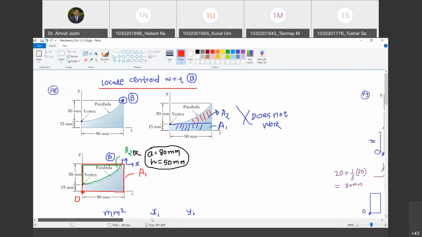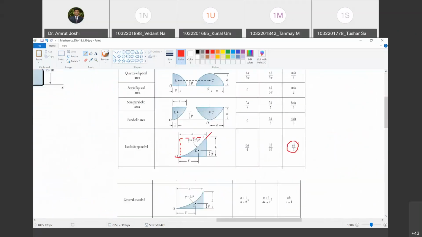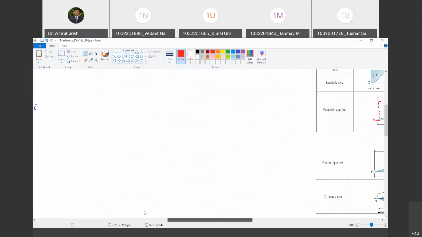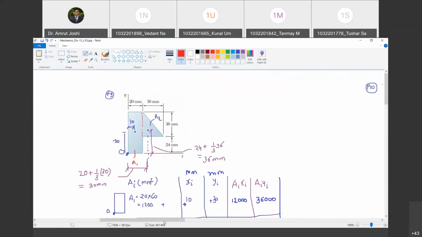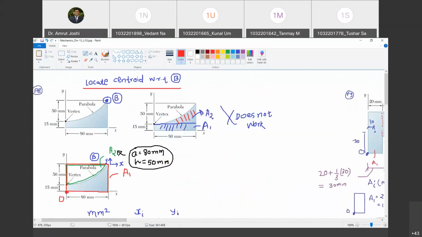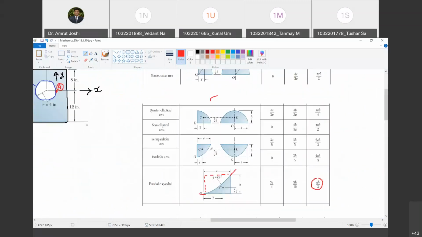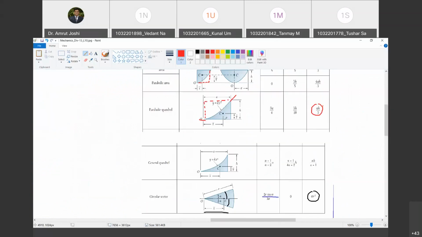Why? Because if you carefully look at the formula of centroid, are you with me? Yes, sir. If we have to use it that way, then we will have to use this formula. Do you agree with me? Yes, sir. Okay. So I have said no, but in principle, we can also divide it in this fashion. But in that case, when we are locating the centroid of A2, we cannot locate the centroid using this formula. We have to locate the centroid of the remaining section. So we have to go for this one. Happy? Yes, sir.